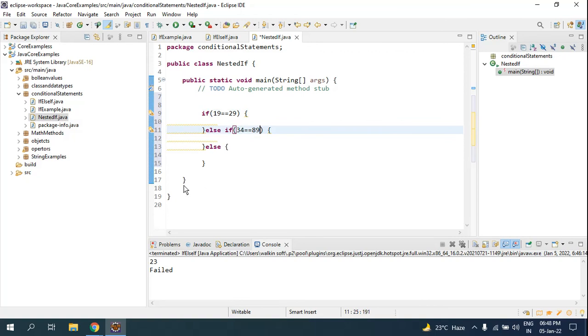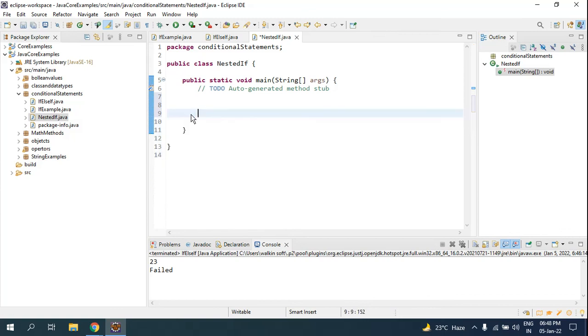Now I'll show nested if, like having a condition inside a condition. If this is the condition, instead of writing else here, inside it itself I'll be using another if. Inside if I'm using the if. So this is how you call the nested if. I'll use the example here.